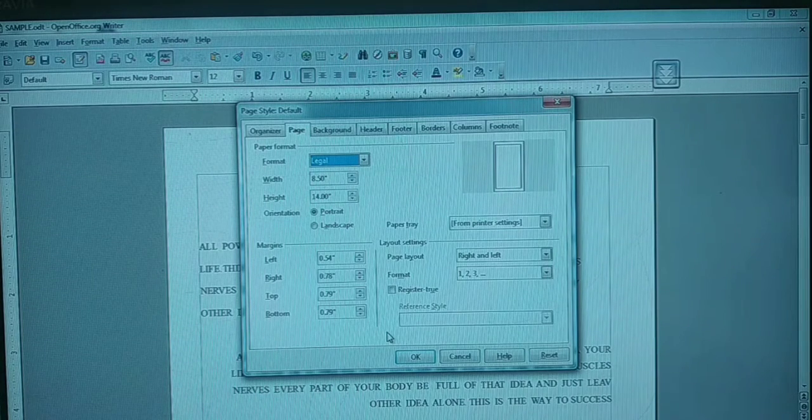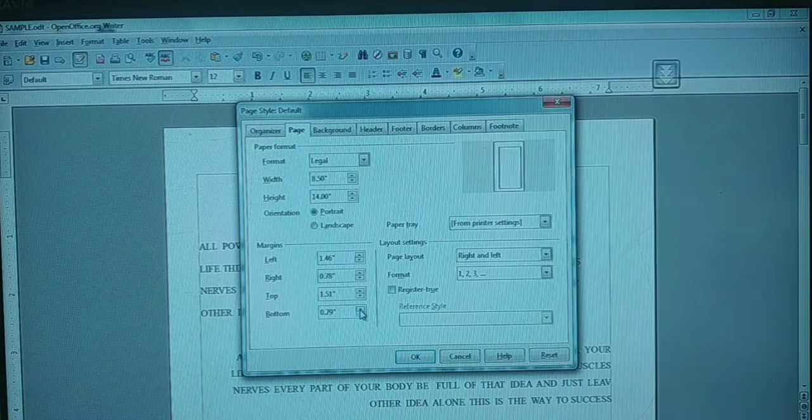Now I am going to adjust the left margin. We can increase it. Yes, you are able to see the left margin is moving inside. Now we can see the top. We can decrease it. Yes, we are increasing the value. Increasing the value means the margin is moving inside, that is, the page area is decreasing.